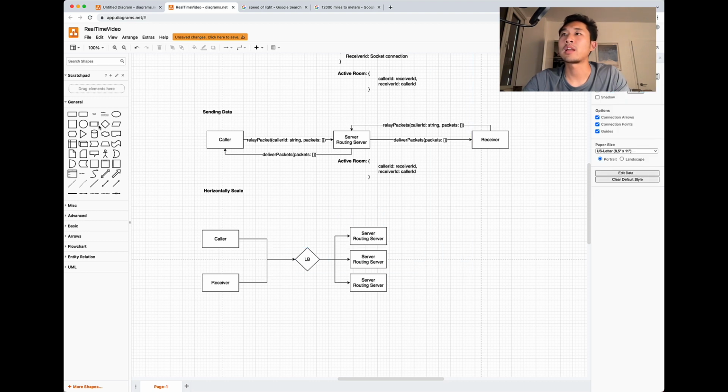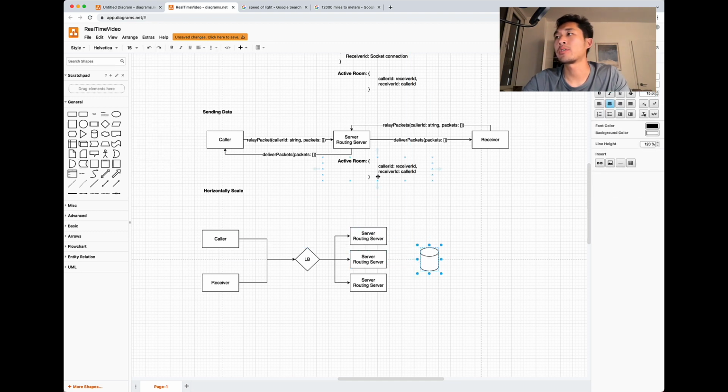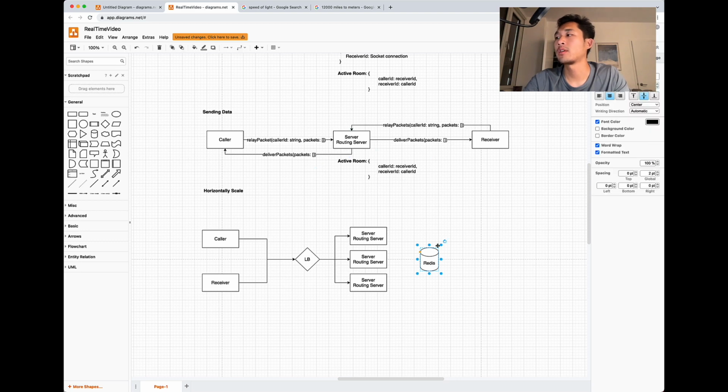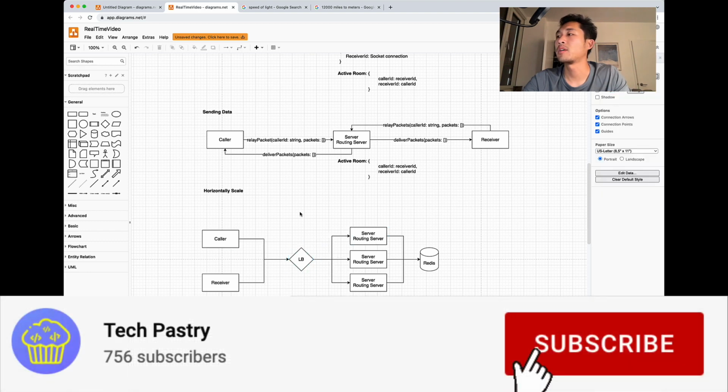And then we can add a data store over here, which is like a quick lookup. We're literally creating a hash table, so Redis is a perfect use case of this. And all of these are connected to a single Redis cluster because Redis is single core. So yeah, this is sort of how you would horizontally scale the system.